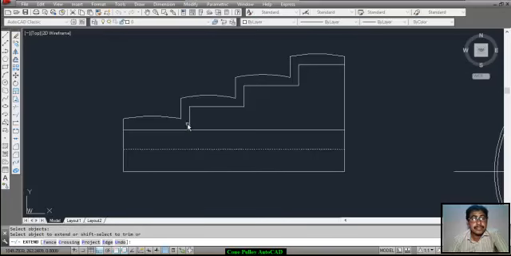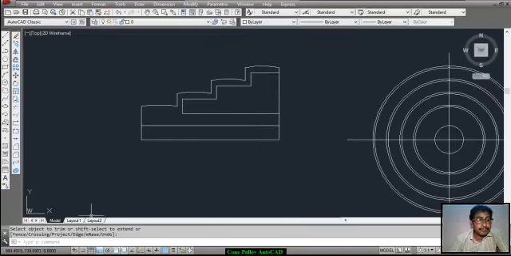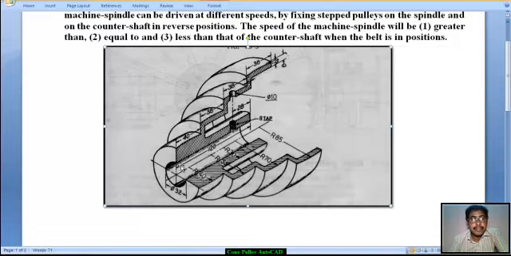Select object to offset, trim this portion and this portion. Okay,